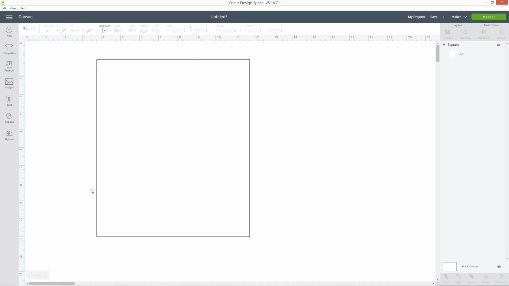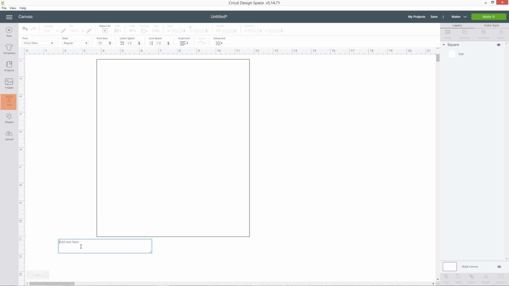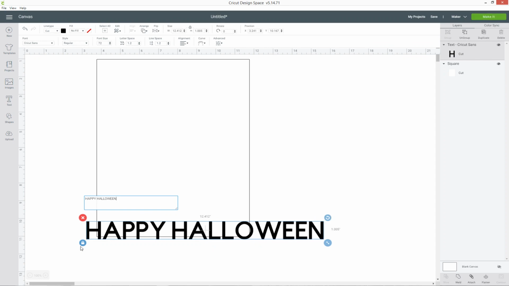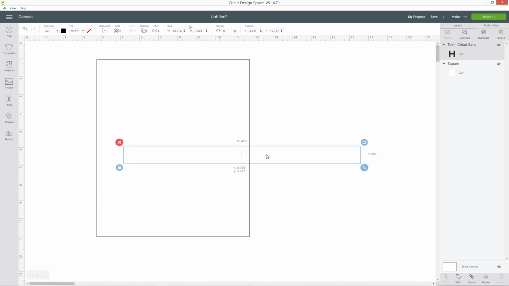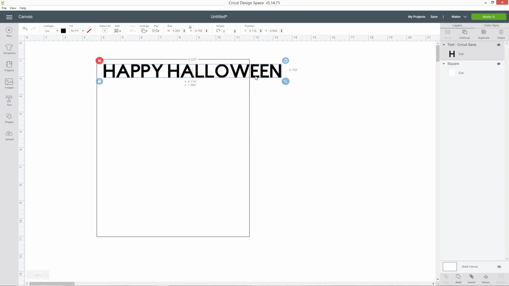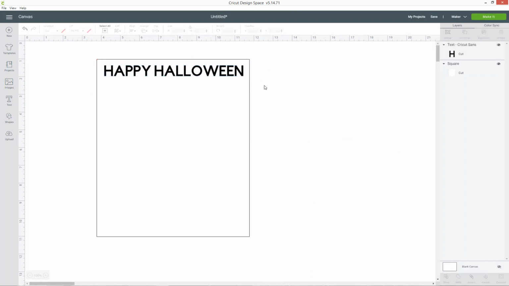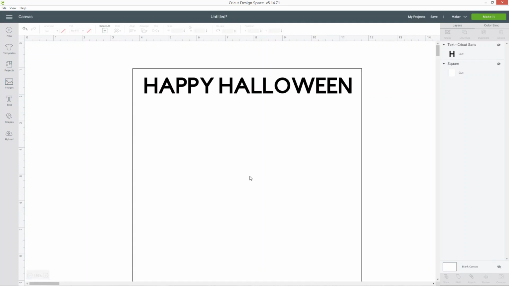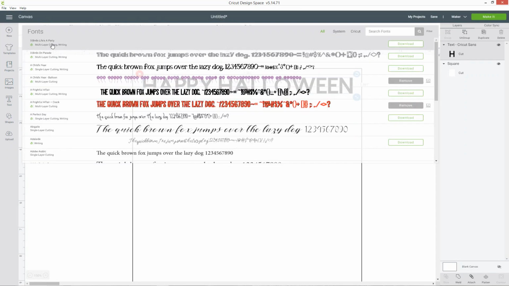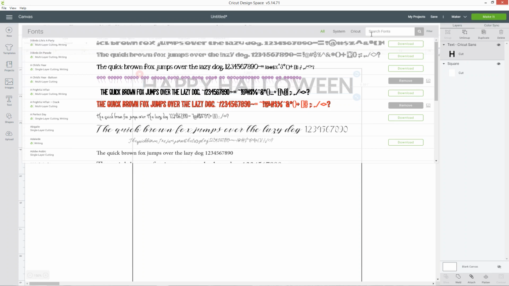Now we can start adding in the fonts. So I'm going to go into the text tool and type in Happy Halloween. And of course you could do this for any kind of design. It doesn't have to be a Halloween themed poster. You could do whatever you want. But when you've got your font in there, if I zoom in, just double click into it, press Ctrl and A on your keyboard or click and drag to select the font, and then go into the fonts drop down. You can then search the fonts in this box here.